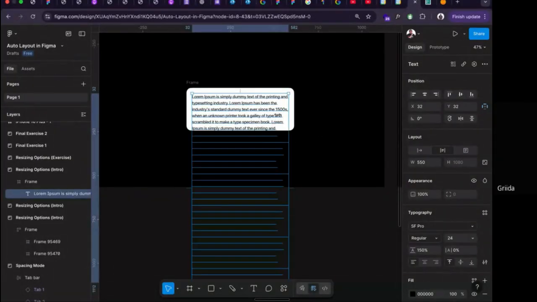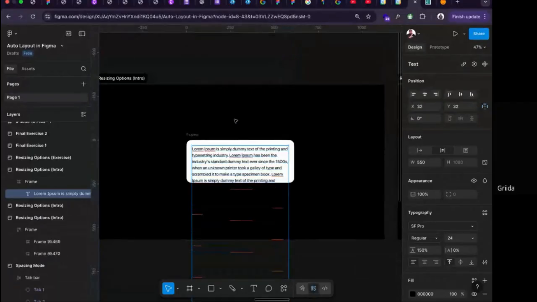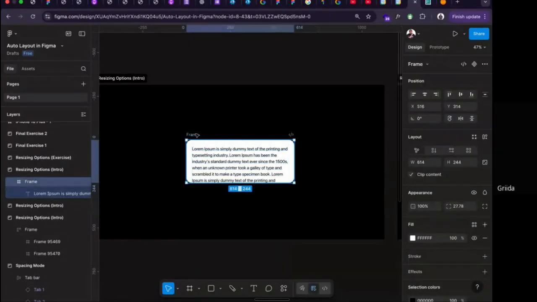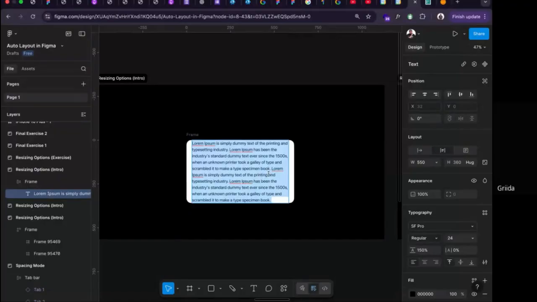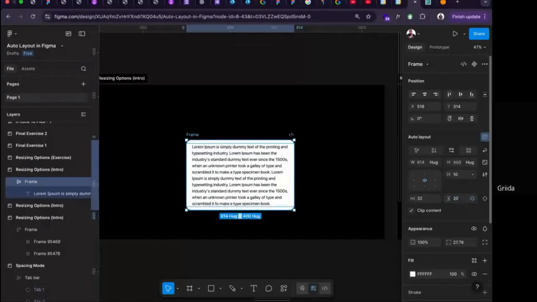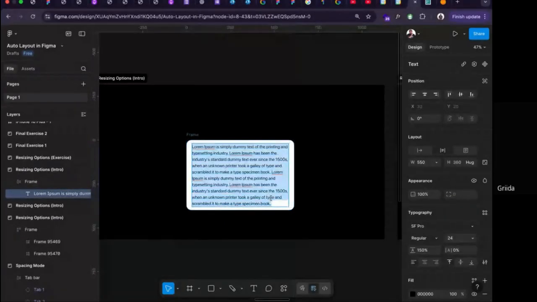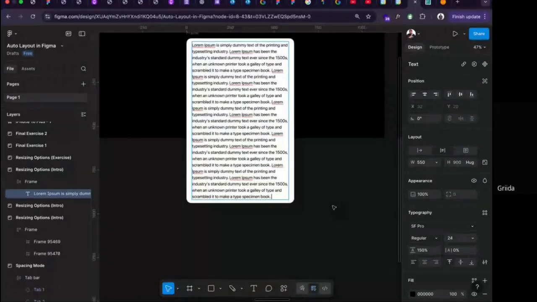You can see I've added more text to it, but because it is a frame, not an auto layout, that text is just going beyond. So with auto layout, when we add this shift A, it allows the text to grow, right? While it is still keeping, let's give it a padding of. So no matter how long the text is going, the auto layout is also going to be growing with it,